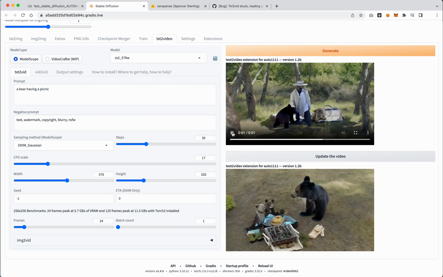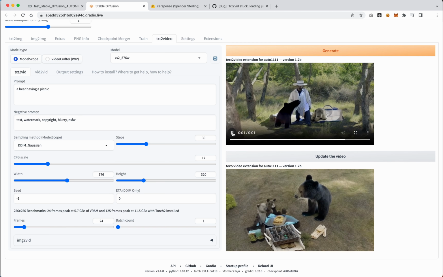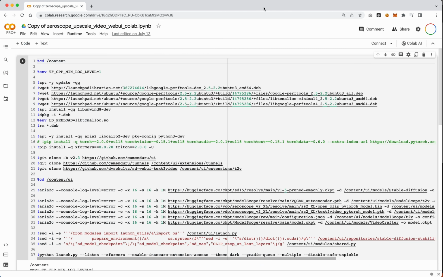So now let's talk about how to up-res our video using the XL model. Okay, actually, I'm not going to show you how to do the upscaler for a couple reasons. One, I've been working with the upscaler for a little while, and I'm not sold on it, to be honest. I think there are better tools out there for upscaling video, like Topaz or even ESRGAN. Also, it turns out that with the Automatic1111 repo, the way it loads,